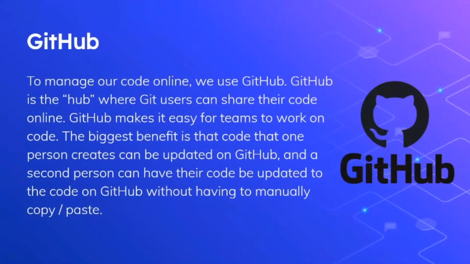So we have GitHub. We love GitHub. GitHub's great. Essentially, the easiest way to think of GitHub is Google Drive, but for code. It's a software development platform that allows you to manage different updated versions of code using Git, which is essentially just a system that computers use to track changes in code. But GitHub's great because we're able to look at previous versions of our code and revert them back to an older version if we mess up a more recent version of our code, and it's great for sharing and synchronizing code